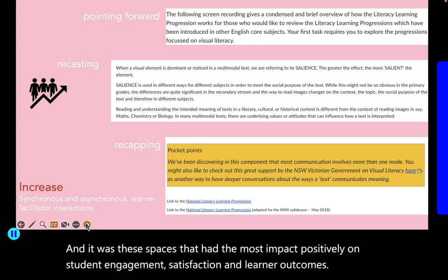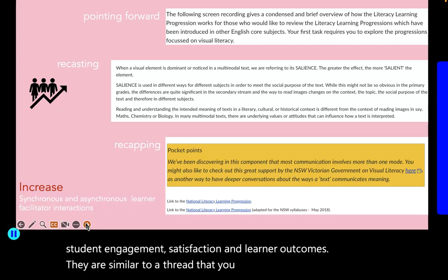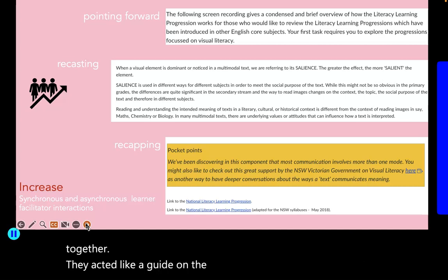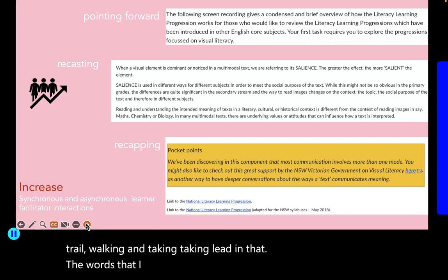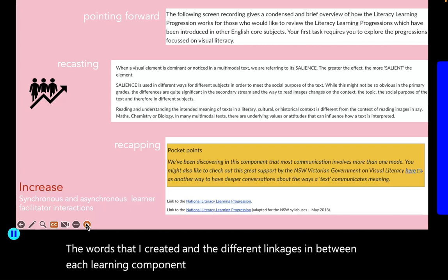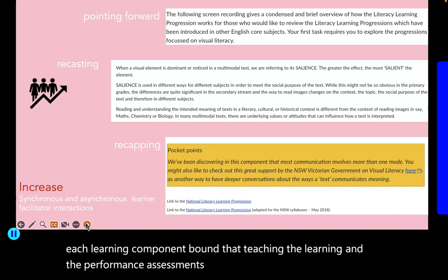They're similar to a thread that you use to sew material together. They acted like a guide on the side, or the leader at the front of the trail, walking and taking the lead. The words that I created and the different linkages in between each learning component bound the teaching, the learning, and the performance assessments into a much more workable composite.